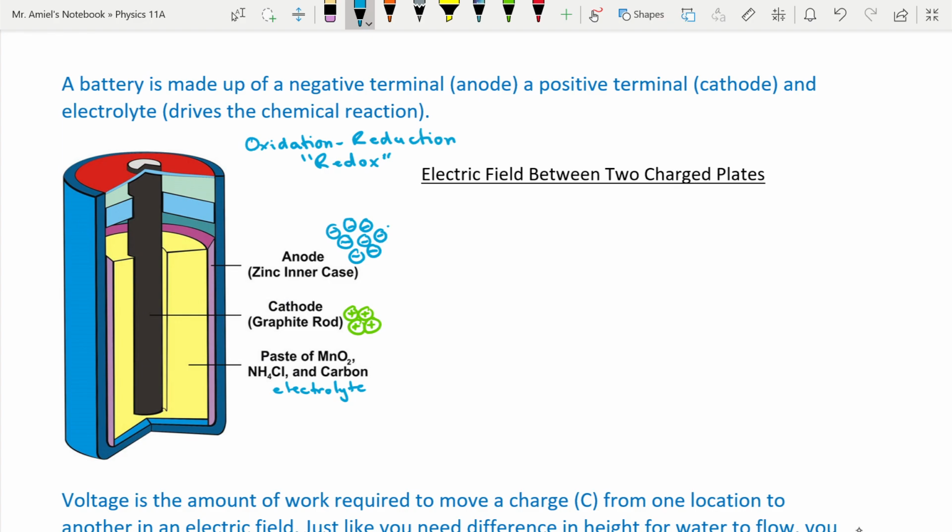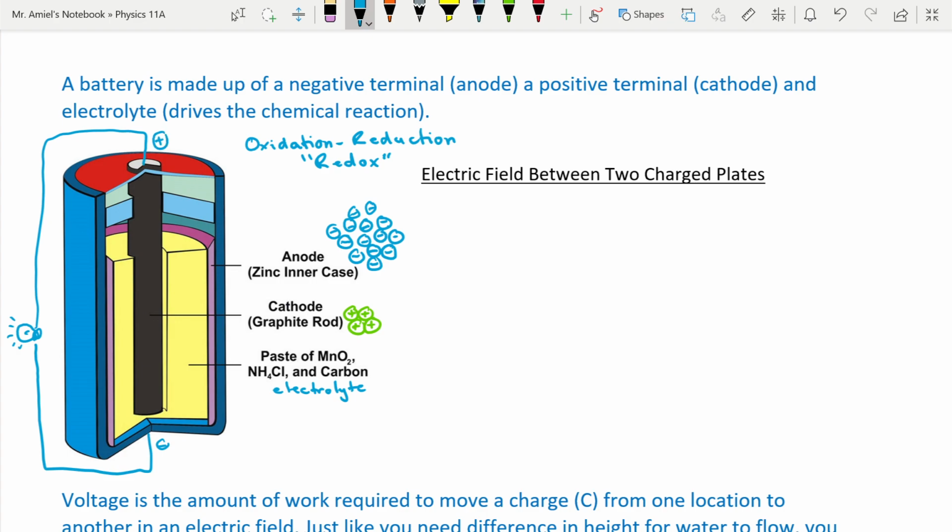anode. Okay, now when we get a buildup of like charges, these things don't really want to be next to one another. They don't want to be crammed next to one another, but we keep getting this buildup of these negative charges. Okay, and the problem is the anode and the cathode aren't in contact, so these negative charges have got nowhere to go. But as soon as we put a wire connecting our negative terminal, and we may have a resistor, we may have an LED light or something here that's giving off energy, something that we want to power. As soon as we make this connection between our negative terminal and our positive terminal, we've just given these